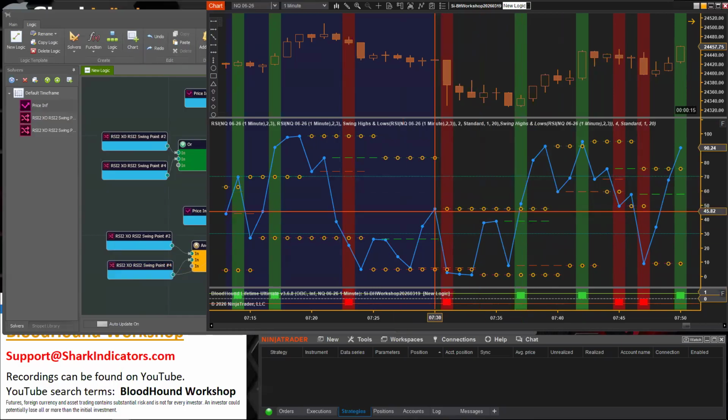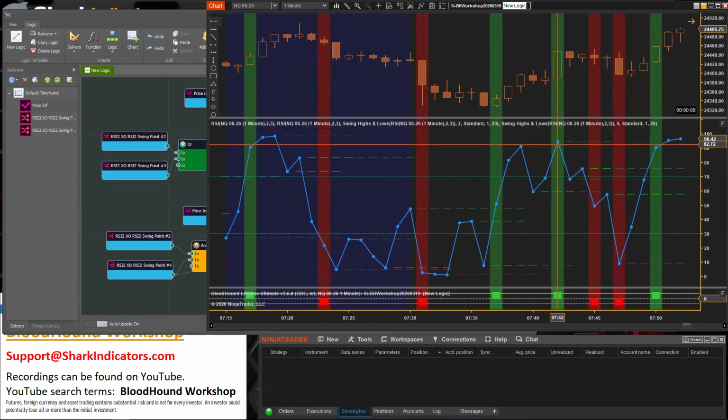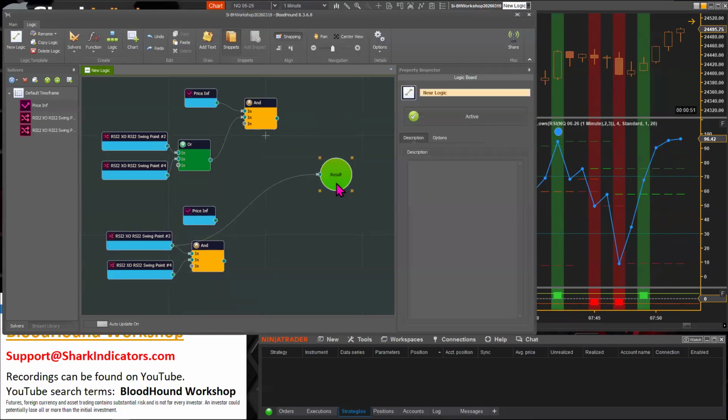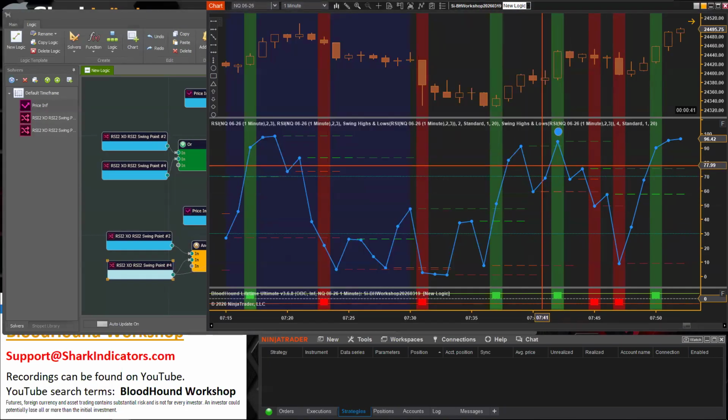So let's see here. Let's open. Which one are we looking at here? All right, yeah, we're looking at this one. Let me mark it there. I'll mark it right there, right? So the reason why this long crossover shows up here, right? If I connect this one in, long crossover, connect this one up, long crossover. Well, it's because both of these indicators, right?